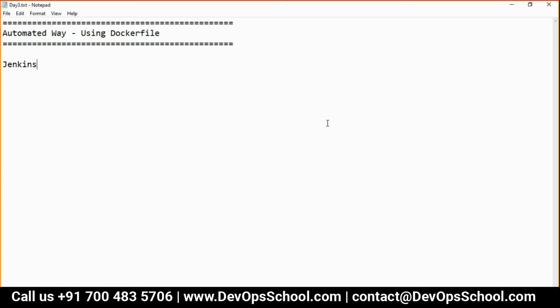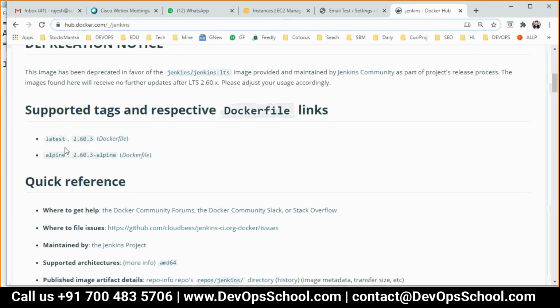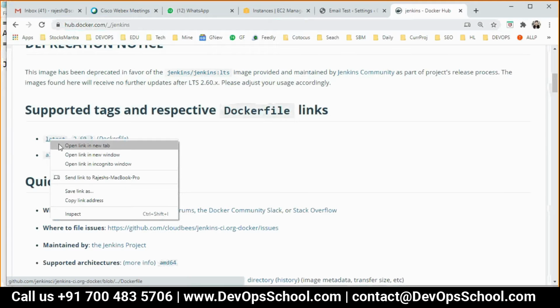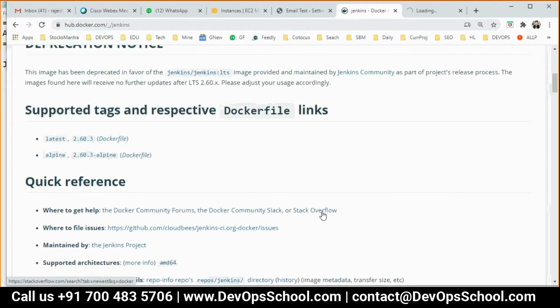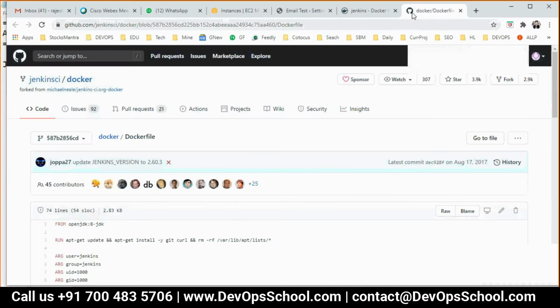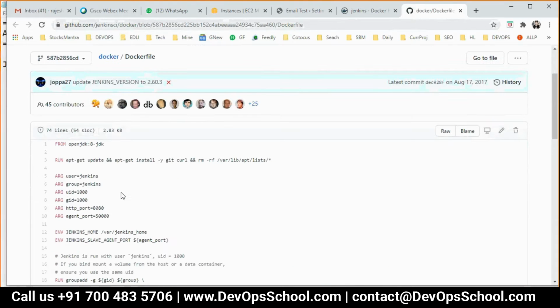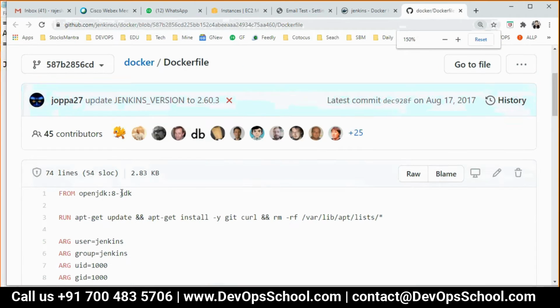So here if you look at this Jenkins image, I want to go inside the Jenkins latest tag. And I don't want you to read many things here.